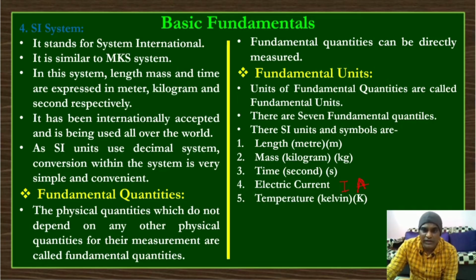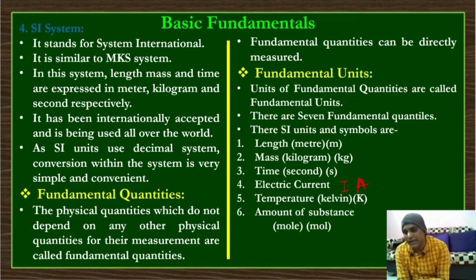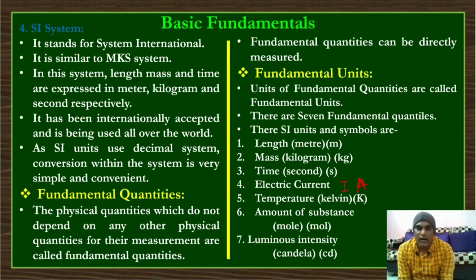Okay, now temperature. Temperature is also a fundamental quantity. It is measured in Kelvin. SI unit of the temperature is Kelvin, not degree centigrade. Remember, Kelvin, and symbol is K. Amount of substance. In chemistry you will learn what this amount of substance is basically. In physics also sometimes we have to use it, very rarely, and its unit is mole, MOLE, and its symbol is mol.